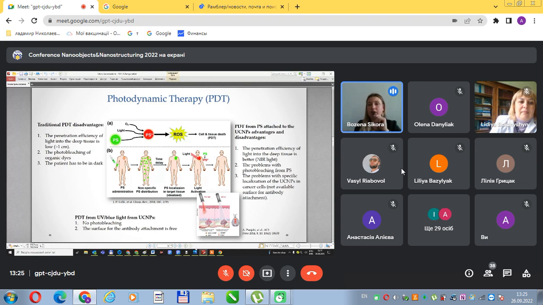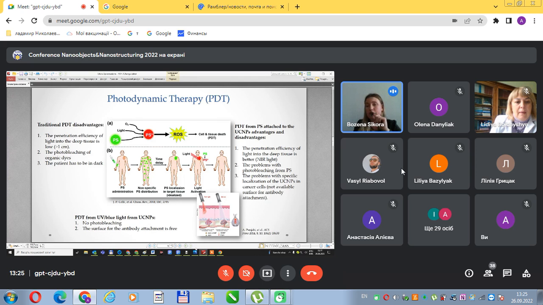and then the penetration efficiency of light into deeper tissue is better because we have near-infrared light, but we still have problems with photobleaching because we still have the organic compound, and we have problems with specific localization because we don't have the surface free for attaching, for example, an antibody specific for the cancer